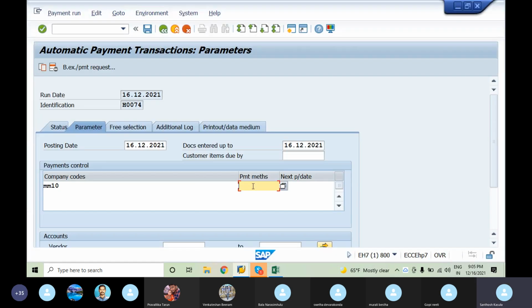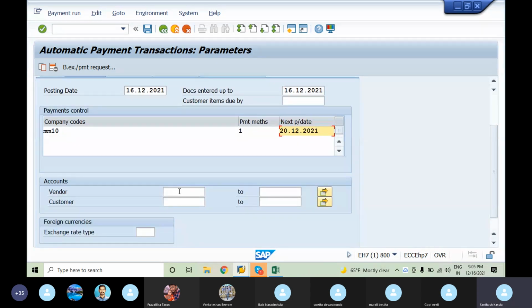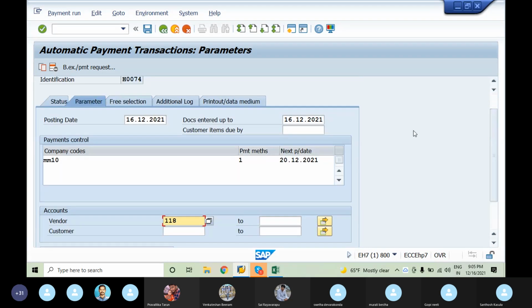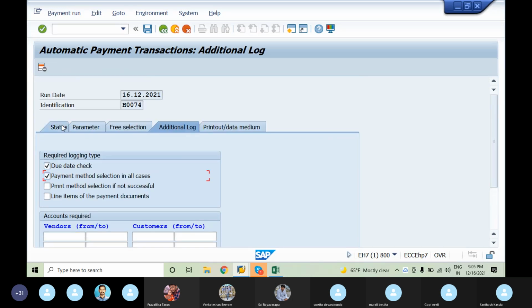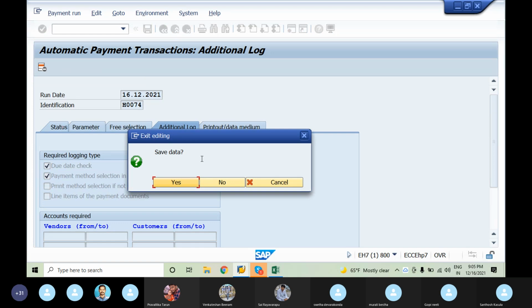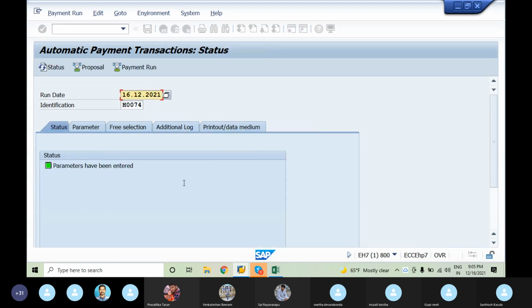My outgoing payment method is 1. Next date is 50. And I'm selecting vendor. Parameters have been entered. I'll run the proposal.